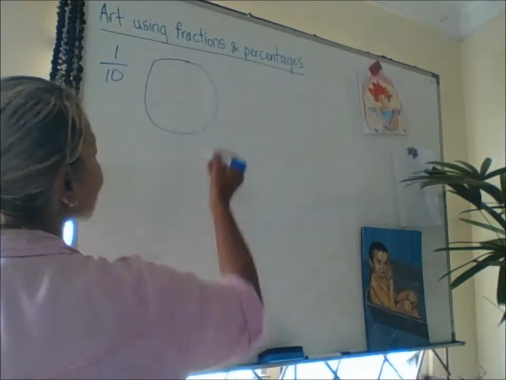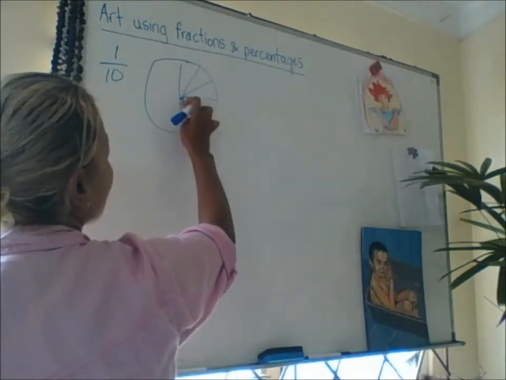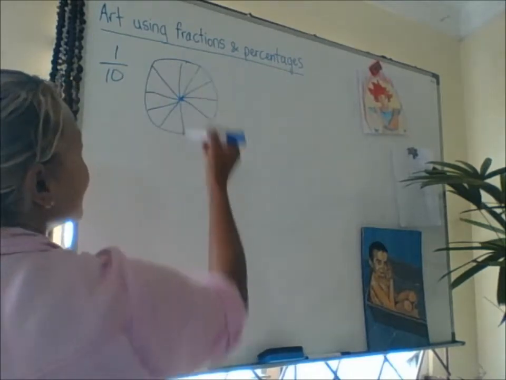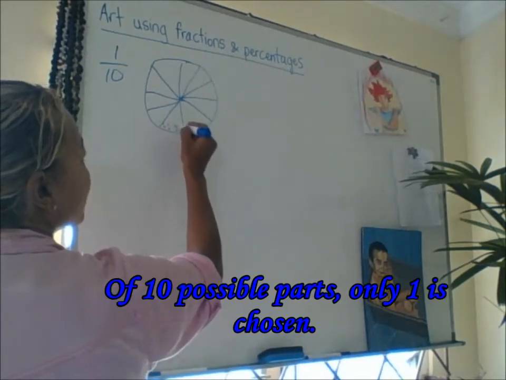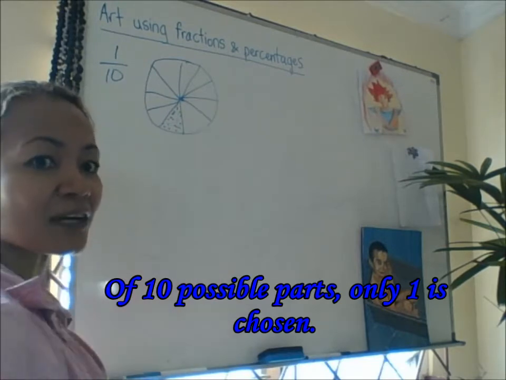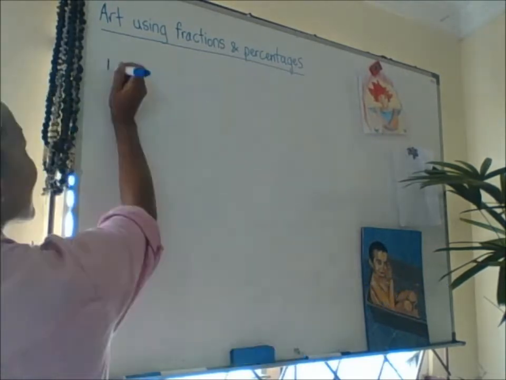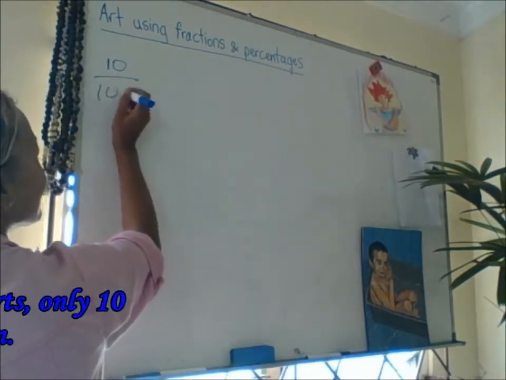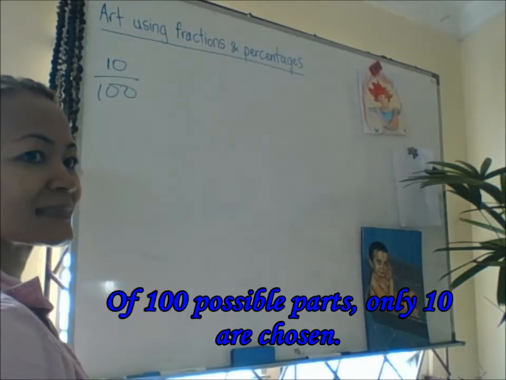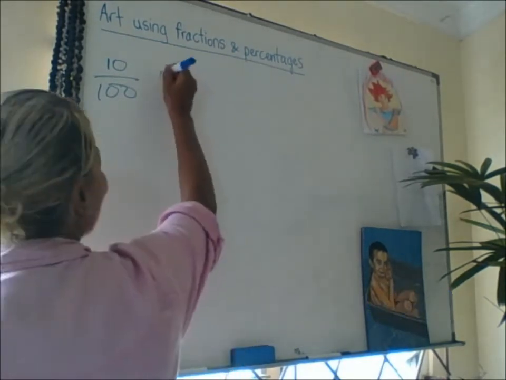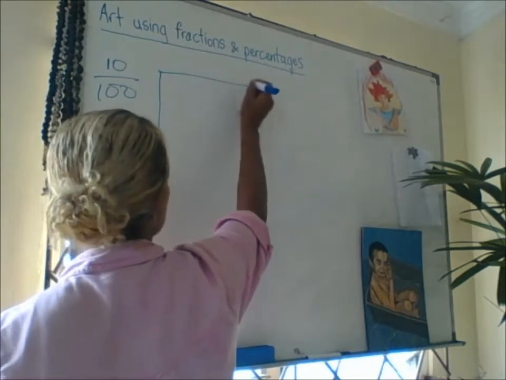Add a circle. 1, 2, 3, 4, 5. Right? 5 pieces there. So there are 10 pieces, and you only have 1. So it's out of the possible 10. Then 10 over 100: it's 100 things, but you have to color 10. So say you have a grid,